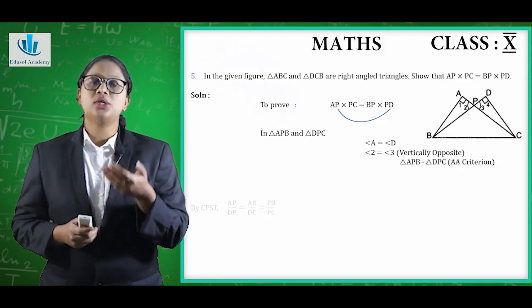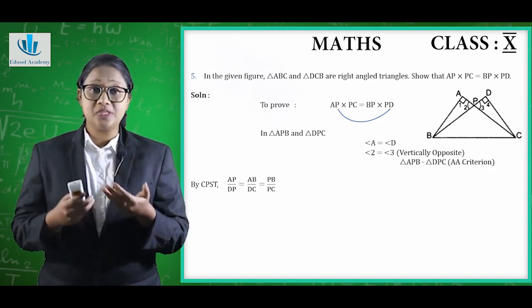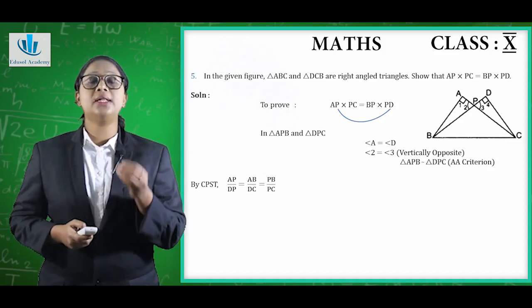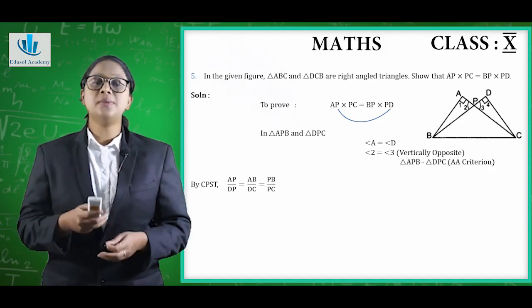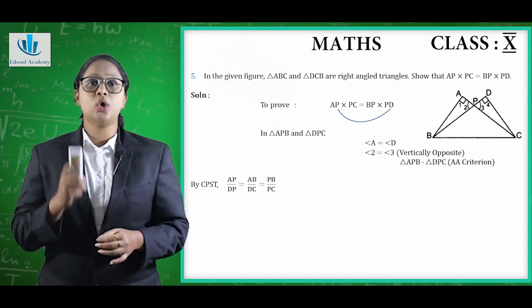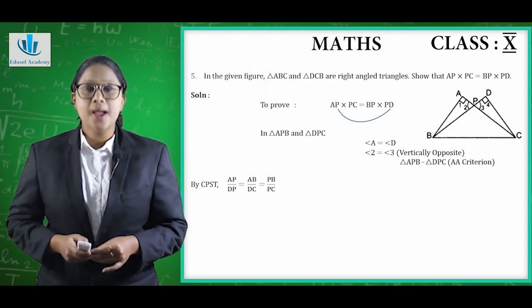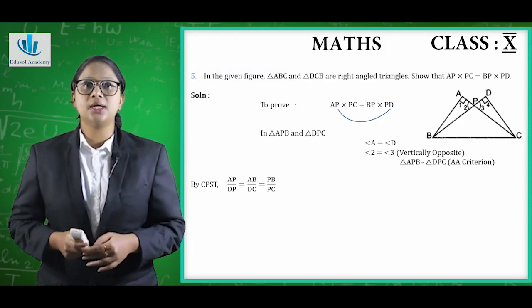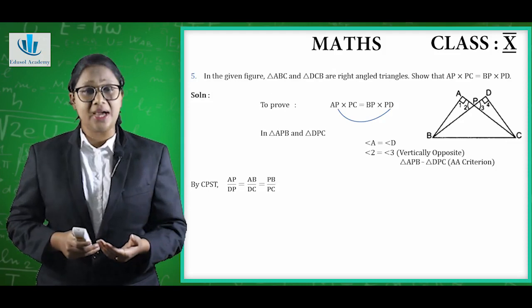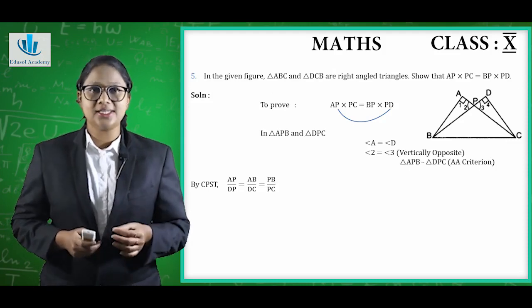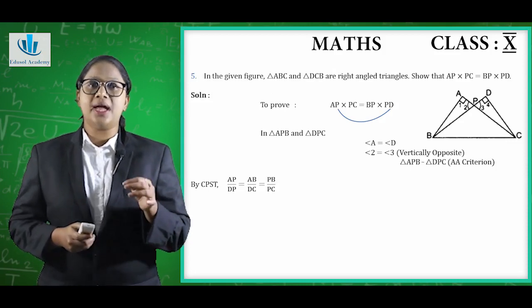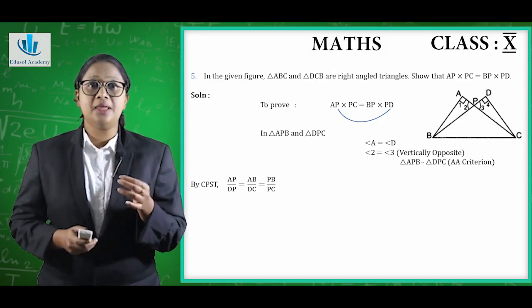Now, we have got two sets of equal angles, which means that we can infer or conclude that triangle APB is similar to triangle DPC by AA criterion. Now by CPST, again from the name itself, you can write the CPST portion. By CPST, we can write AP by DP is equal to AB by DC is equal to PB by